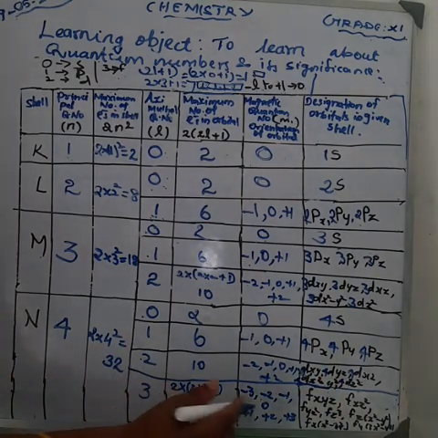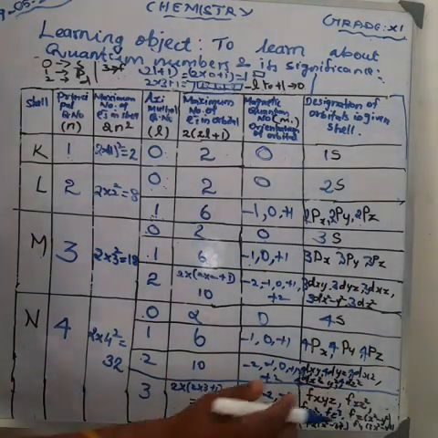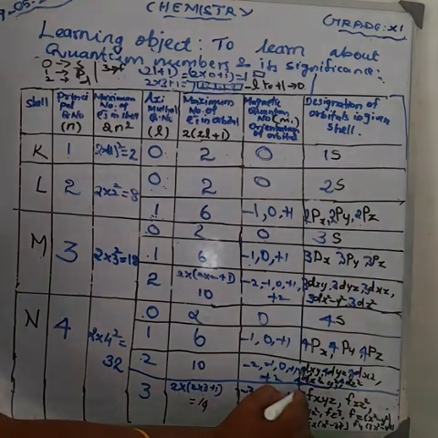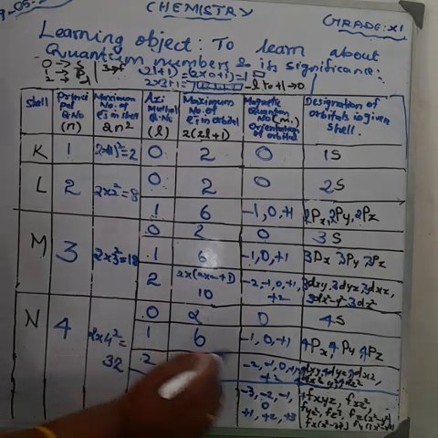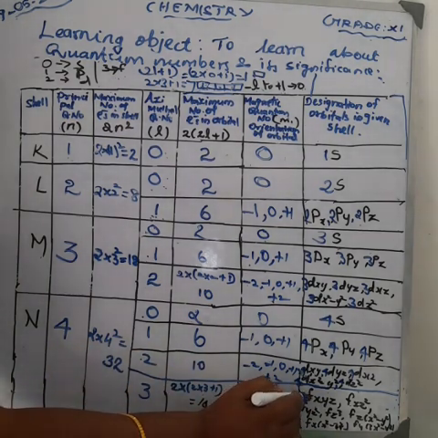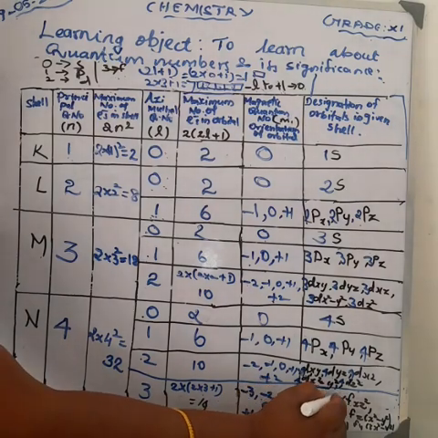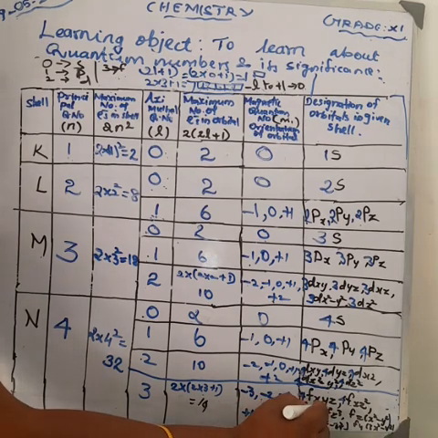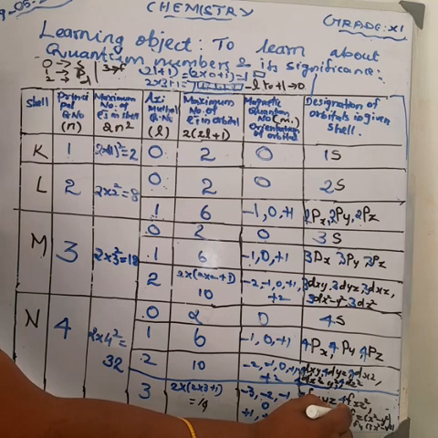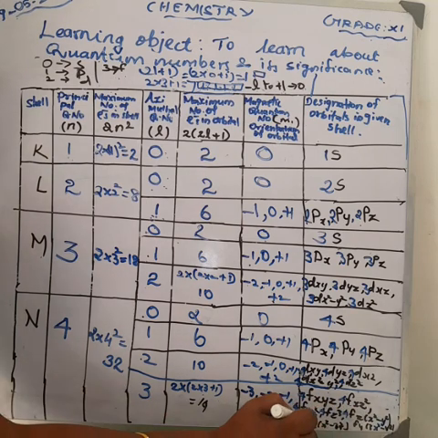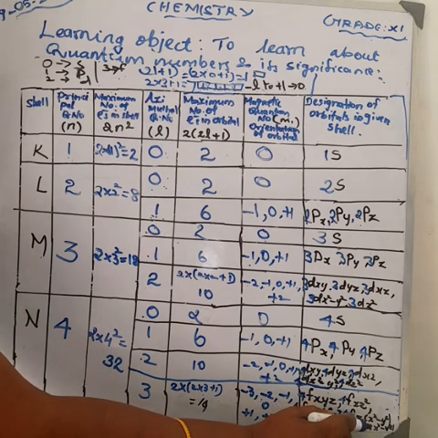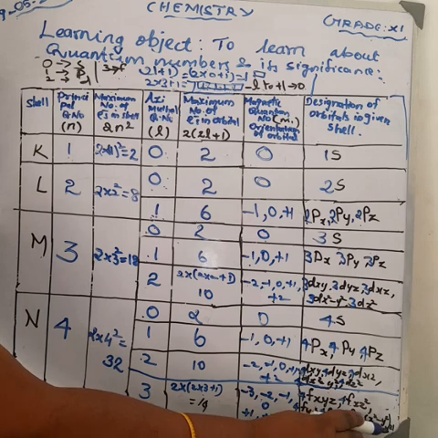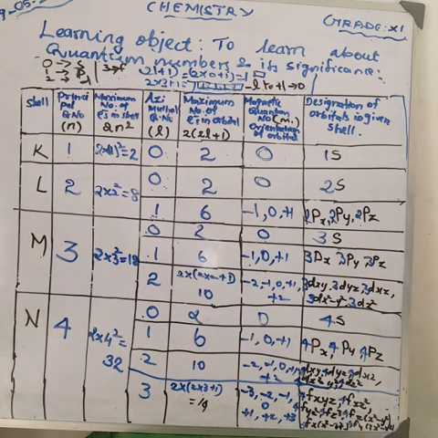And finally the f orbital, with 7 orientations in total. The principal quantum number n is equal to 4. We can write 4fxyz, 4fxz square, 4fyz square, 4fz cube, 4fz x square minus y square, 4fx into x square minus 3y square, 4fy into 3x square minus y square. These are the designations of orbitals in a given shell.